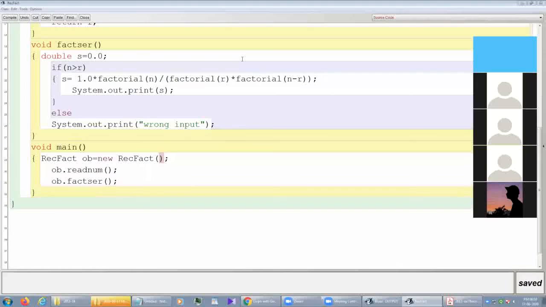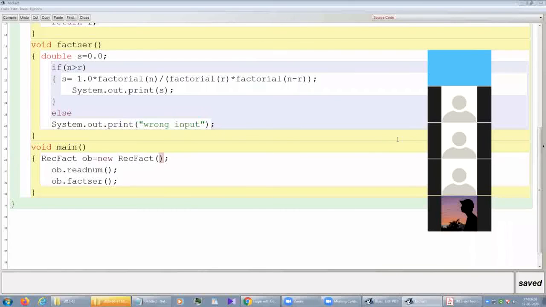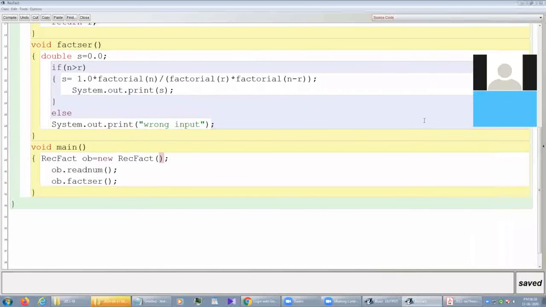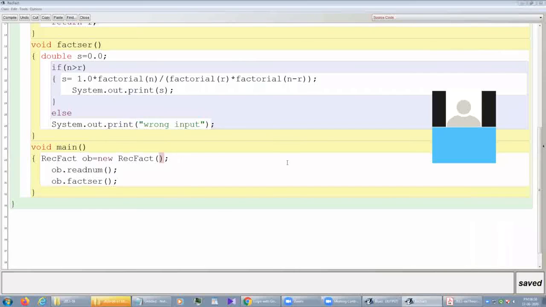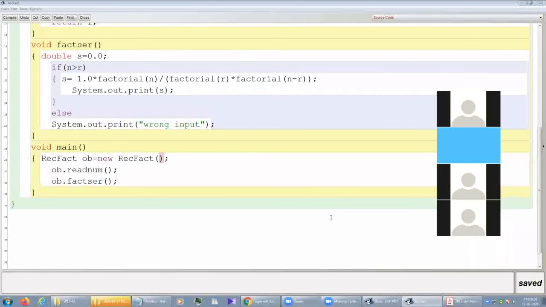Anything else? If anyone has any doubt, please raise your hand. I'll give one minute to think. If anyone has any doubt about this constructor method, please raise your hand.